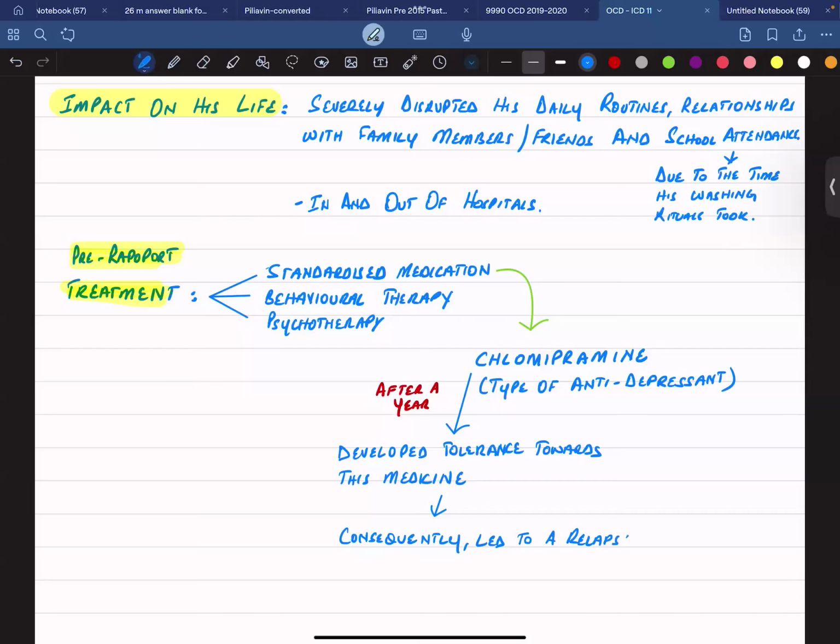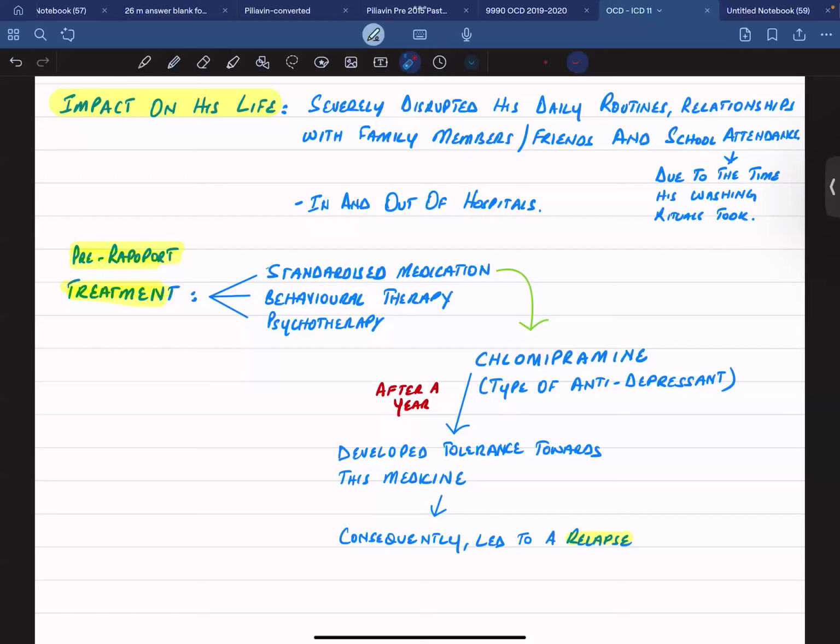What does the word relapse mean over here? In other words, you start experiencing the same symptoms like before. If we talk about Charles, he had started with his very ritualistic routine of washing and dressing again. Now, about this young boy Charles, we've spoken about the purpose, the background,